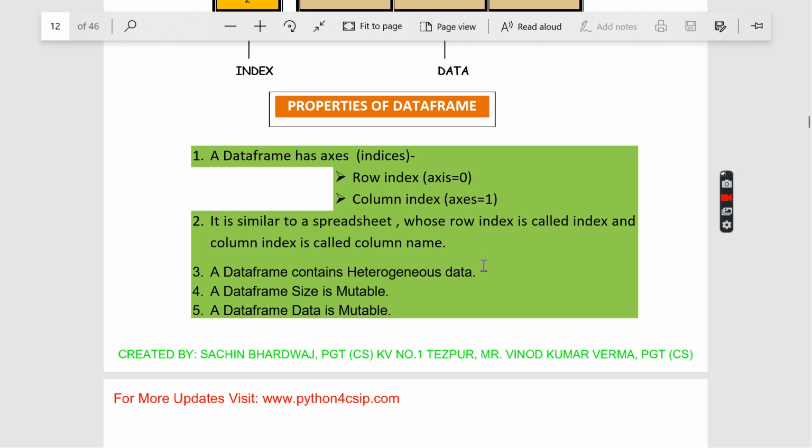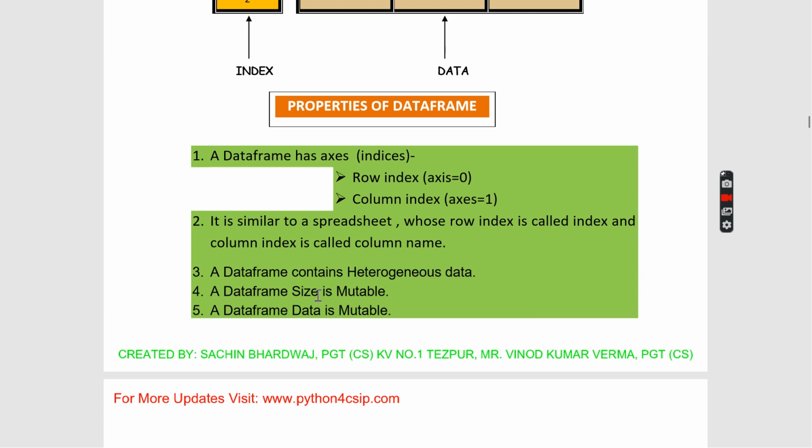And marks can be float, and the address can be alphanumeric, and contact numbers will be integers, right? So these are all the data items. Different types of data are mingled in a data frame, in SQL Server or a spreadsheet. Similarly, here in a data frame, we are using heterogeneous data items.